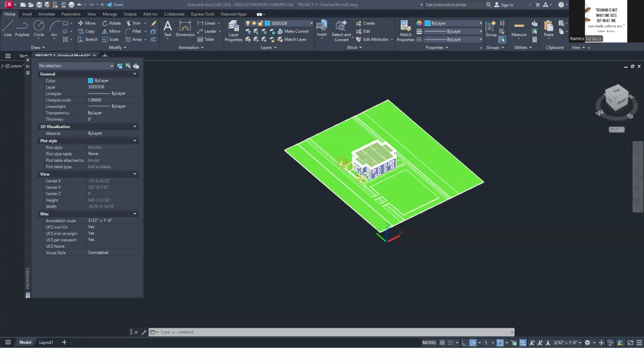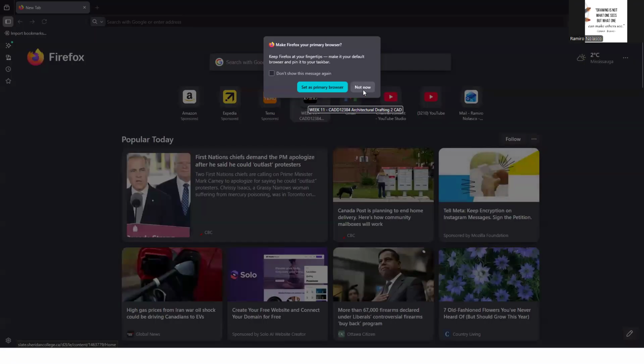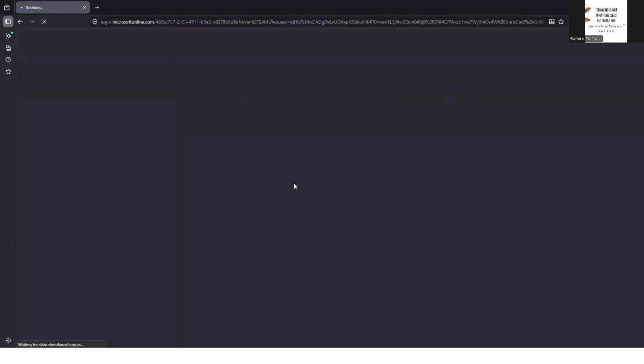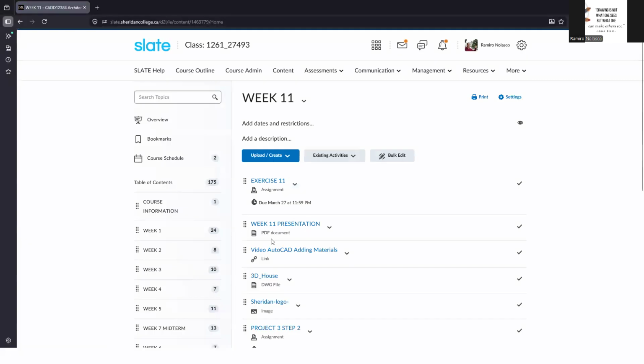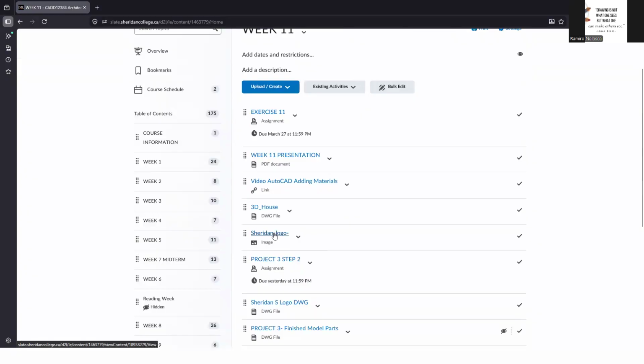So if you go to Slate, or if you have any logo that you want applied to your building. So we have one here under week 11, Sheridan logo. Okay.